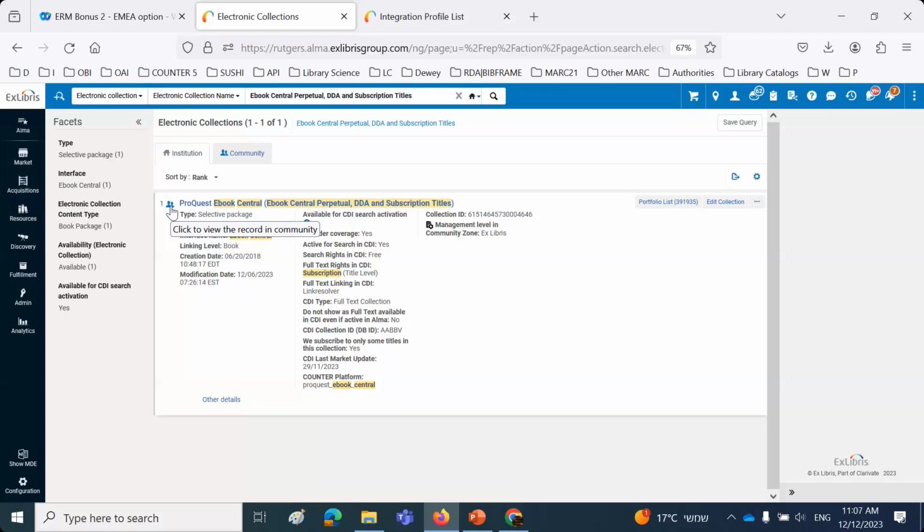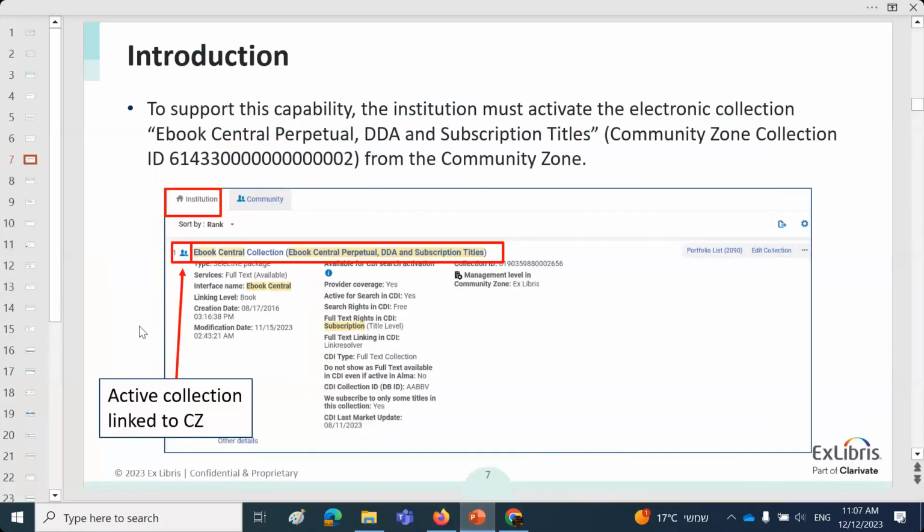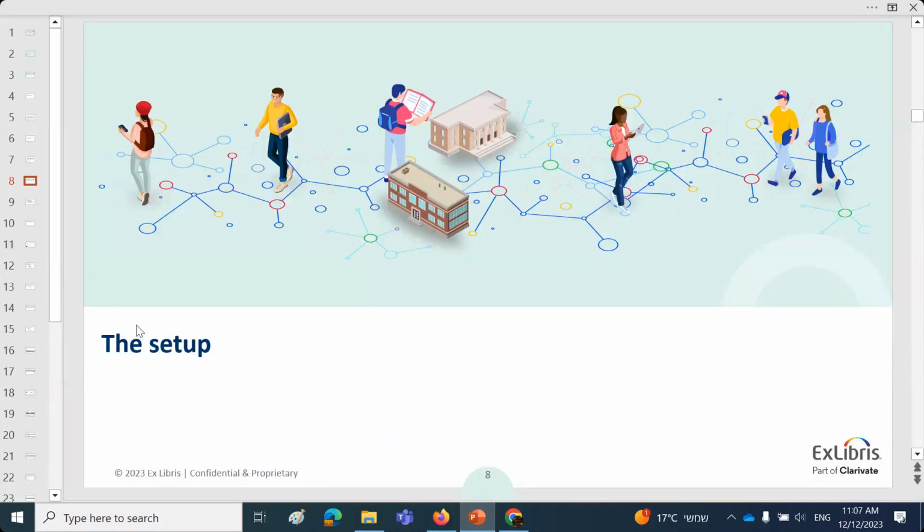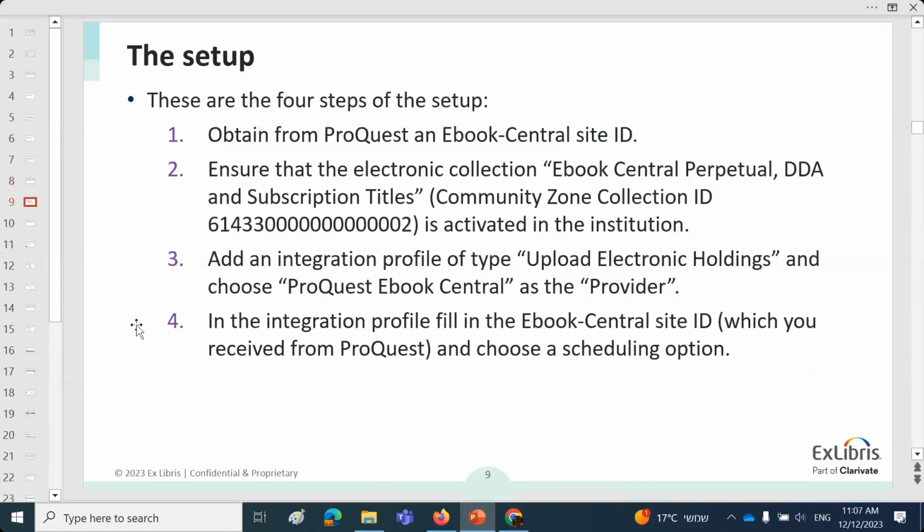And if the institution purchased this, then it would be activated anyway. Or they would have activated it, I should say. So the setup. Now, the institution needs something called the Ebook Central Site ID. Let's pretend we're setting up an